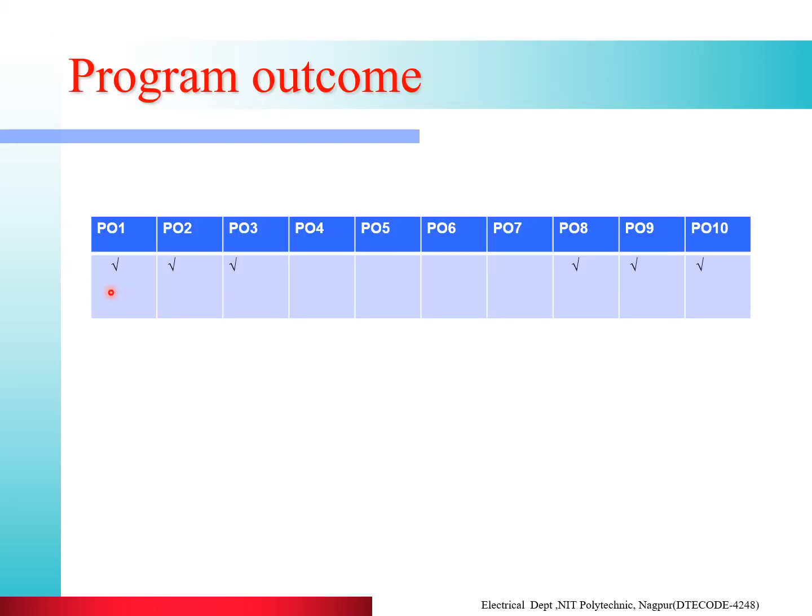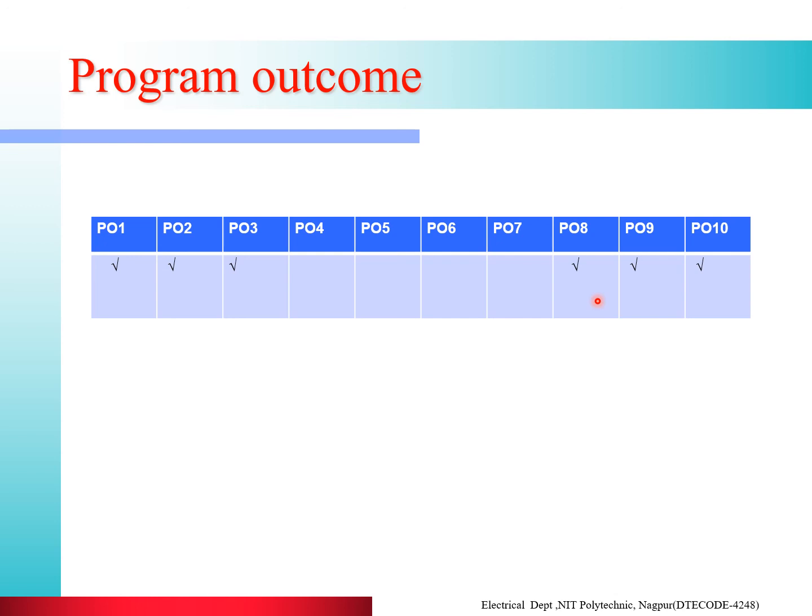Here, the basic knowledge of voltage vector, current and voltage we have studied, which are separated by angle alpha. So basic knowledge PO1 is mapped, PO2 also. Here the torque produced on the disc is proportional to phi 1 phi 2 sin theta. So discipline knowledge is mapped in this lecture. Experimental and practices, PO3. Here the watt-hour meter structure is used. So the voltage and the current will produce the torque. So PO3 is mapped.